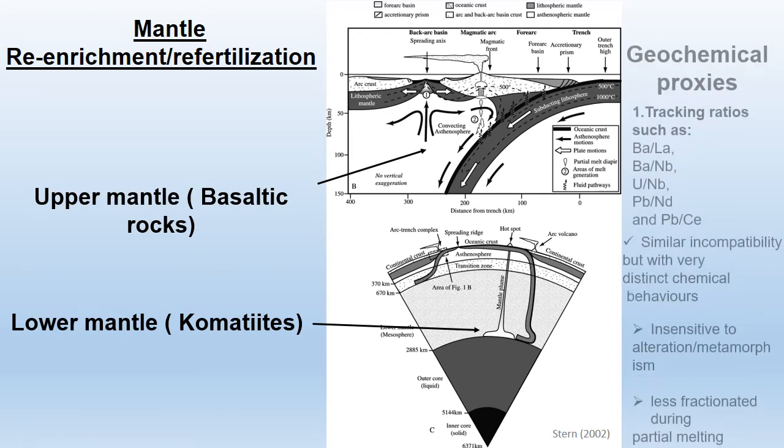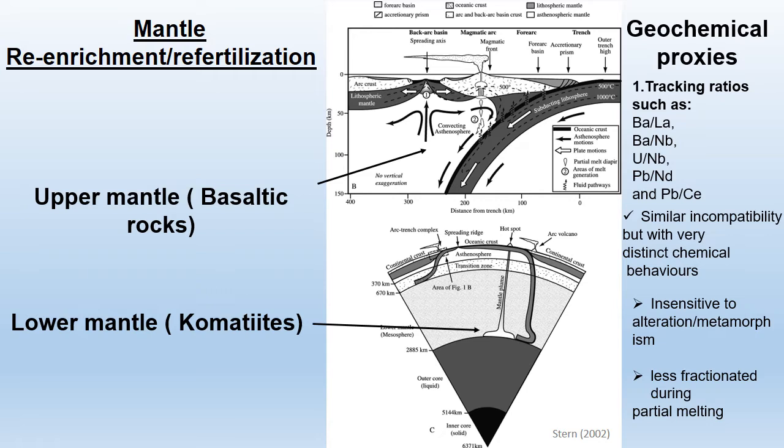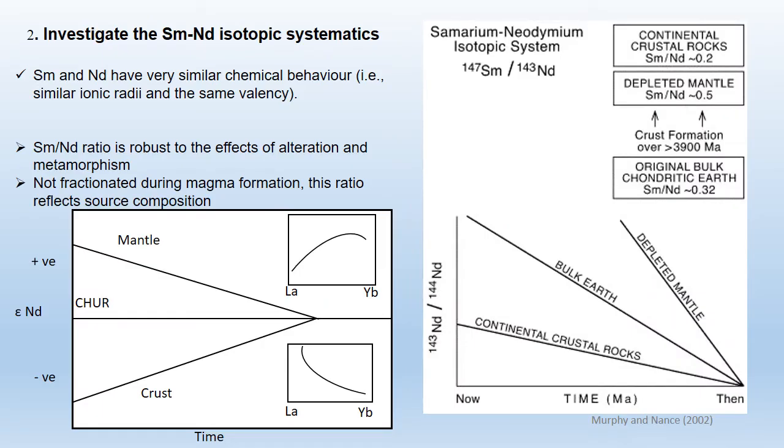What we did was use some geochemical proxies, tracking ratios like barium/lanthanum, barium/niobium, and uranium/niobium, because these elements are similar in compatibility but have very distinct chemical behavior, and these ratios are not affected by metamorphism and alteration, and also not affected during partial melting. So if we track these ratios, we can track re-enrichment in the magma product. Also, we use